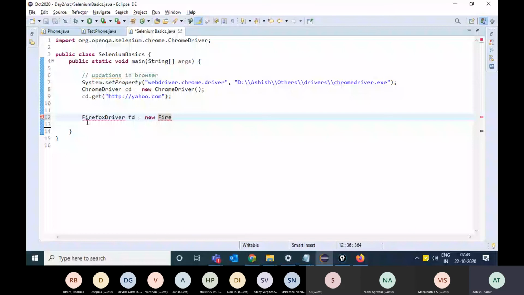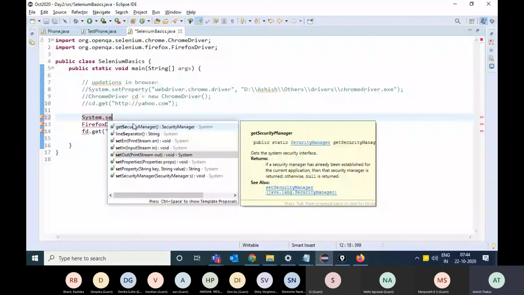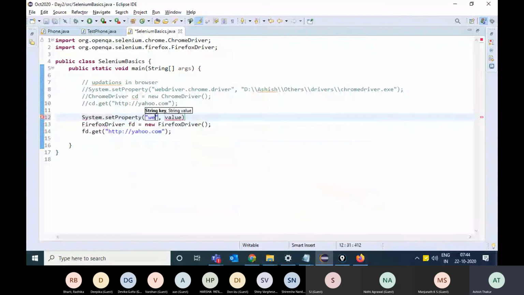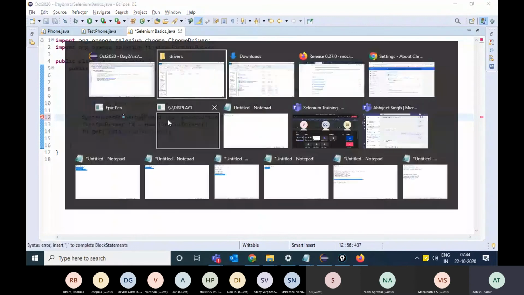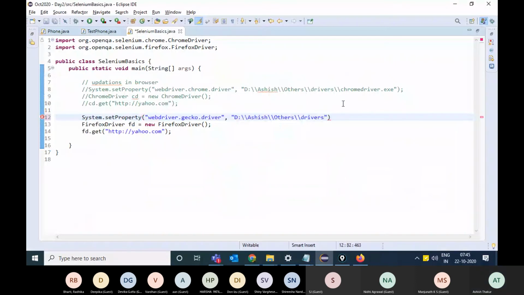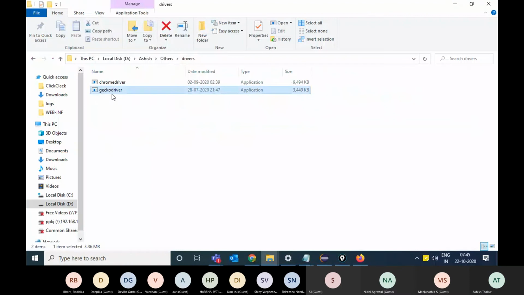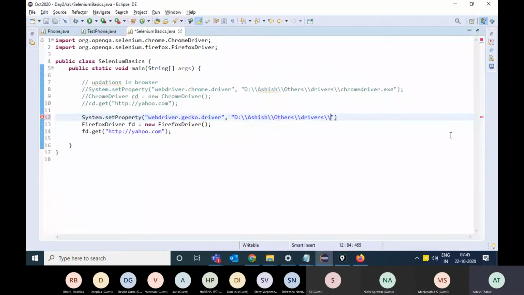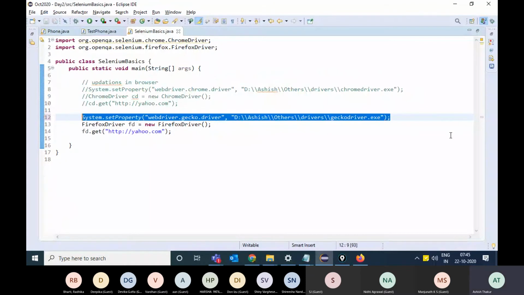You need to give the same kind of command, System dot set property. In the key, you will have to write webdriver dot gecko dot driver, and in the value you will have to give the value of the exe, that is geckodriver dot exe.